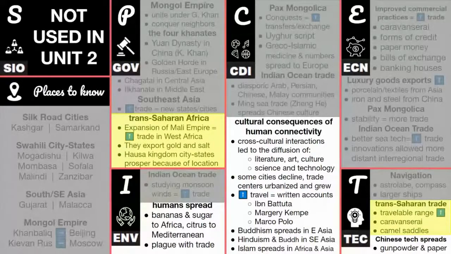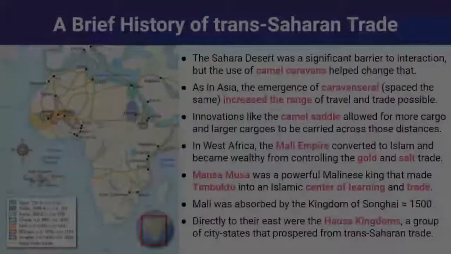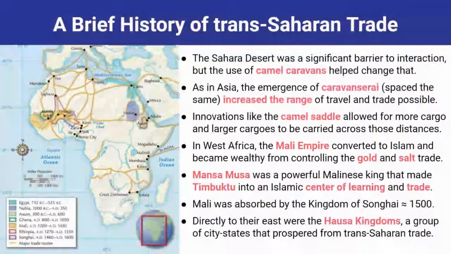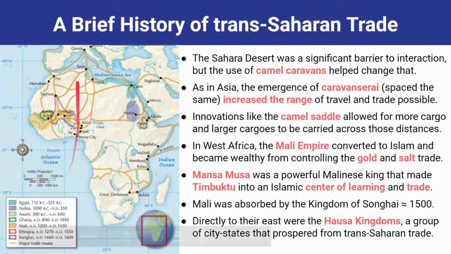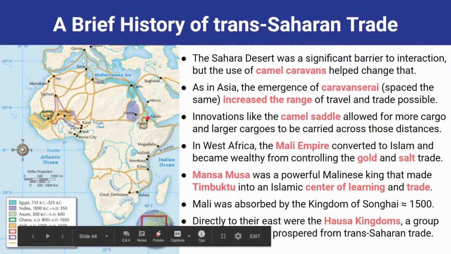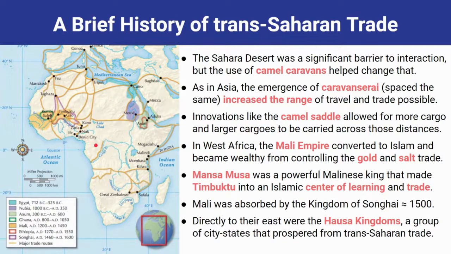So now we'll talk about 2.4, which was the Trans-Saharan African Trade Network. This is the important stuff from this topic. I'll do again just this brief history. Trade had been going on for a while, but you have to understand, we talked about in Unit 1 how you had this geographic barrier, the Sahara Desert. This is in the way of exchanges between North and South, and this is part of the reason why North Africa is kind of its own culture to the rest of